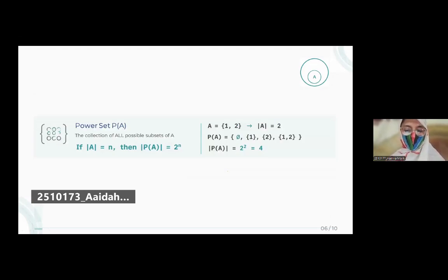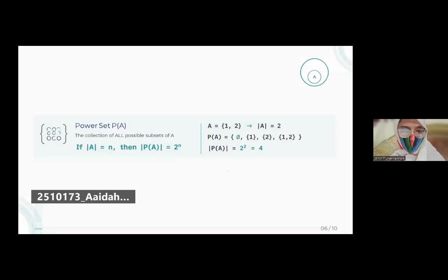In power set, the collection of all possible subsets of A. पावर सेट में सबसे पहले हमें एक फॉर्मूला दिया गया 2n. जब भी हमने किसी सेट का पावर सेट लेना होता है तो हम उसके एलिमेंट्स को 2 की पावर में रख देते हैं. तो उसके बाद वो जैसे अब इसके अंदर ए सेट में है 1, 2, we have 1 and 2 in set A, so we apply the formula 2 square is equal to 4. 4 combinations are formed from it.